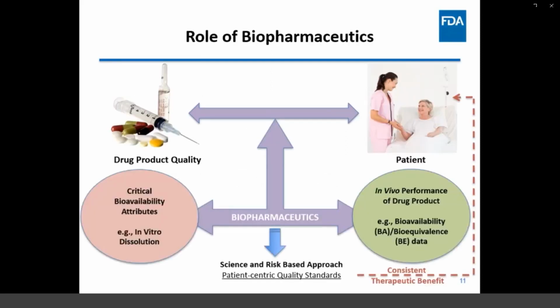We see those challenges as opportunities to move forward because we understand this important role that PBPK for biopharmaceutics applications